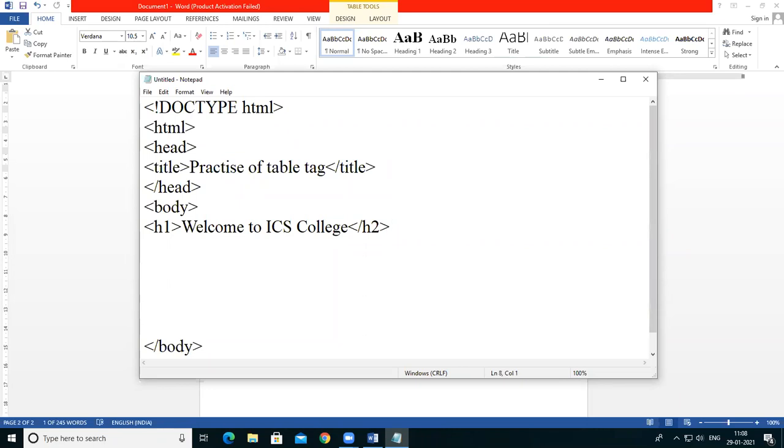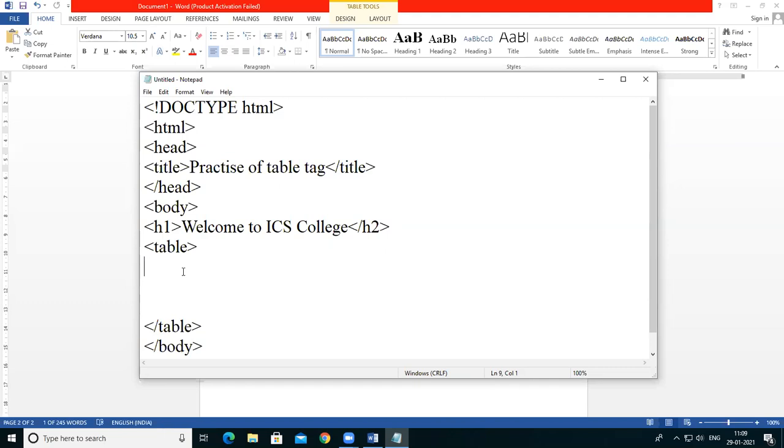After that I want to create a table. Okay, so I want to create a student table. So for that I'm using, see carefully. Okay, first one is the opening table tag, and after that the closing table tag. Okay, in this table tag I mention here how the table looks on the web page.